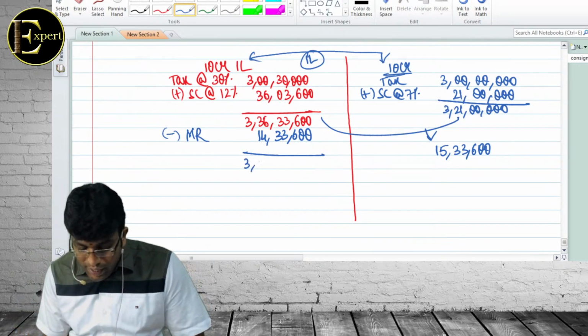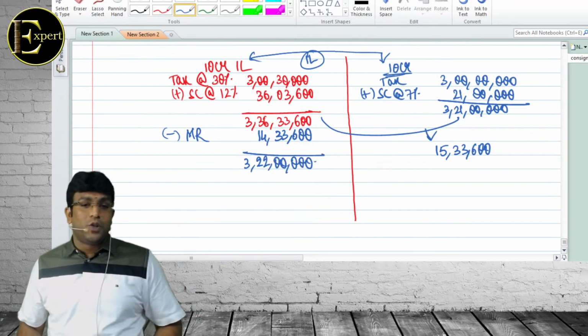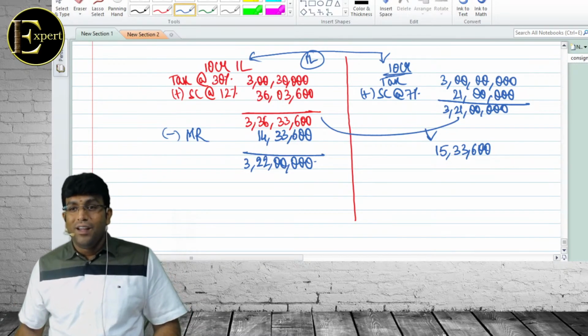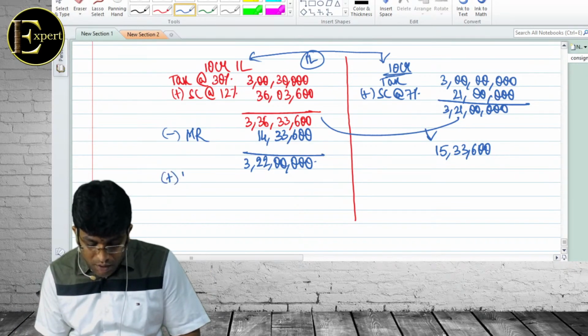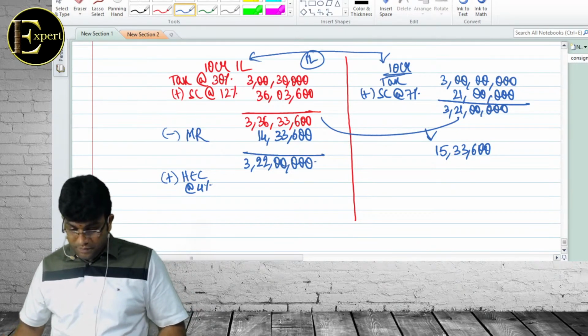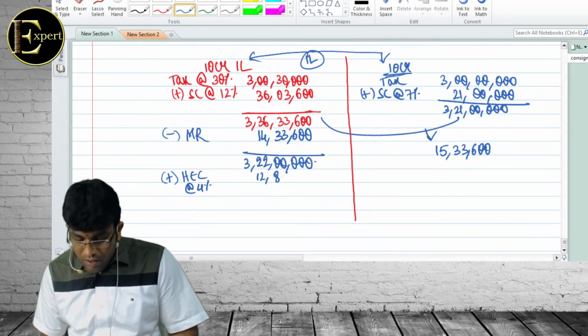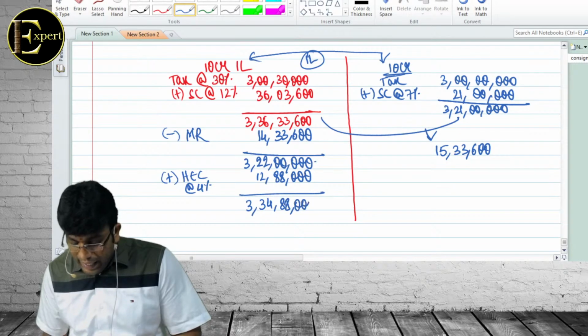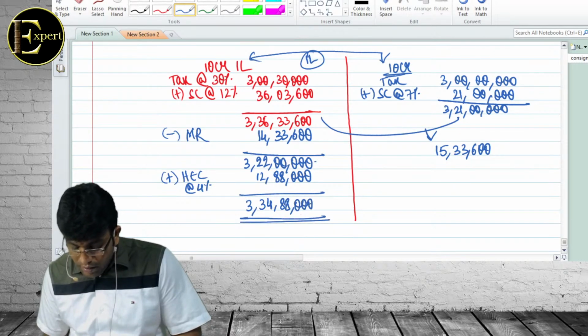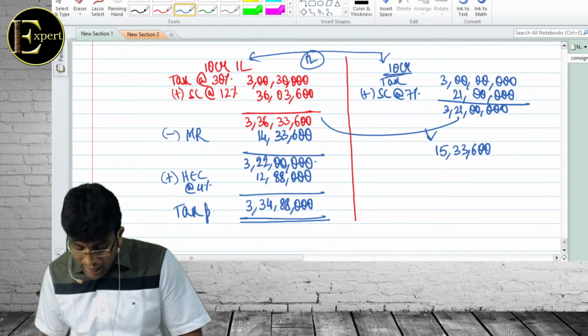Balance will be 3 crore 22 lakhs. No doubt about it. I don't want calculator also for that. Obviously, why? 3 crore 21 lakh को extra 1 lakh add हो जाएगा. We will add what? HEC कितना बेटा 4%. कितना है 4%? 12 lakh. So final figure 3 crore 34 lakhs 88,000. That is my final tax payable